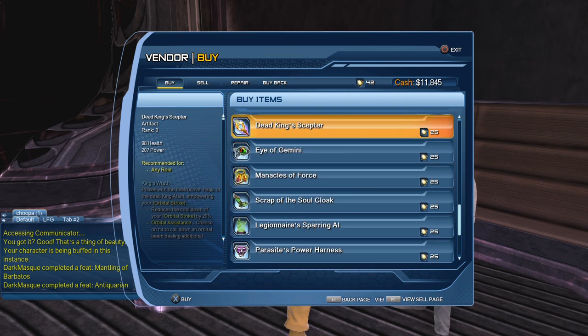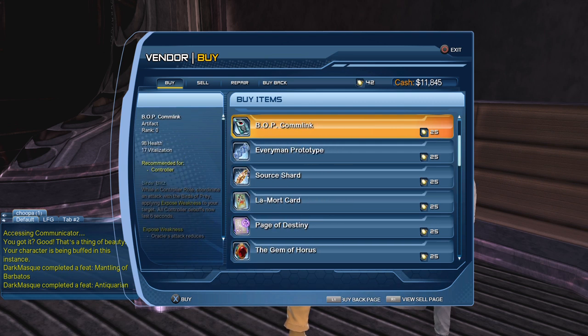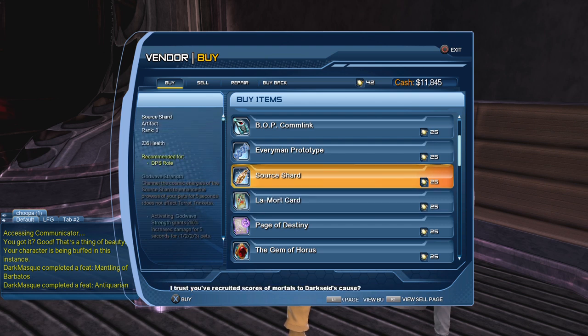So basically, depending on the type of characters you play, the role you play, and your play style, you will want to have various artifacts. I was a bit tempted to try this one, but somehow I ended up